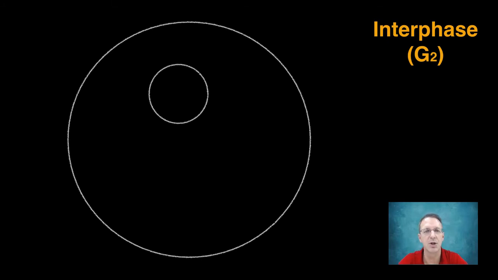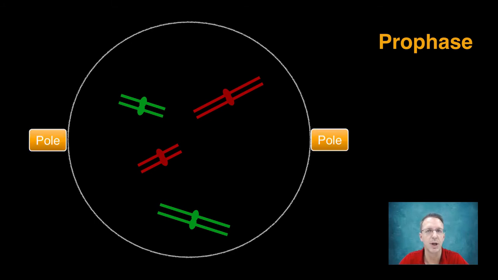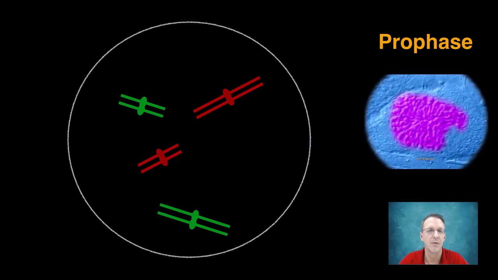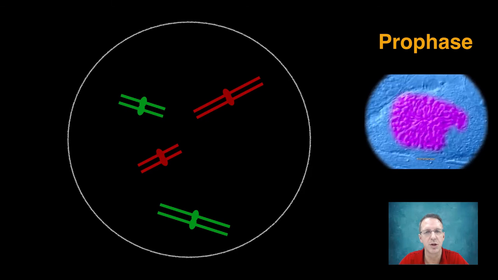But let's pick up on the cell in late G2, and at this point you cannot see the chromosomes since they have not yet condensed into the tight structures. Prophase is initiated when the nuclear membrane disappears and the chromosomes begin to condense and become visible. Spindle fibers that grow from the two poles of the cell will now bind to the centromere of each chromosome. Unfortunately, I was not able to show that on this slide, but here you can see the process going on